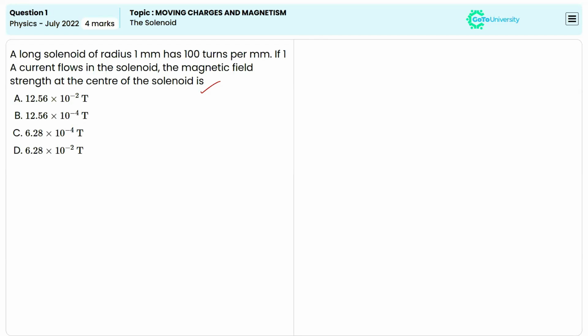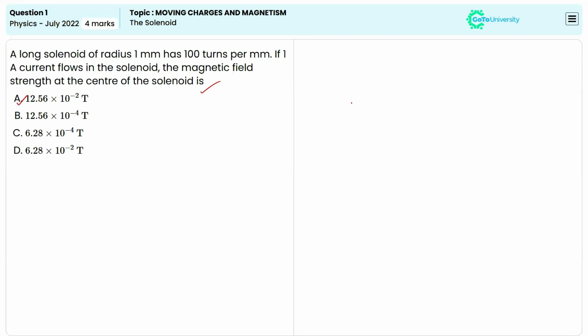Correct answer. Yes, B equals mu naught n I. That's the formula we have to use. Yes, very good. Okay, tell the answer now. Option A. Most of them are telling option A. Yes, very good. Option A is the correct answer.